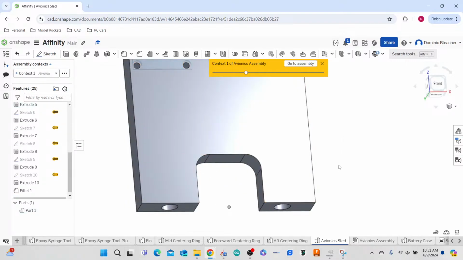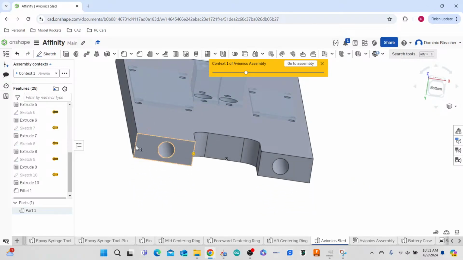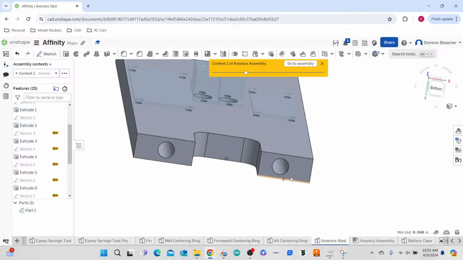Alright, so now if I check this, well, maybe I didn't fix that one too. I think I just fixed, yep. Just gotta fix the other one. Alright,